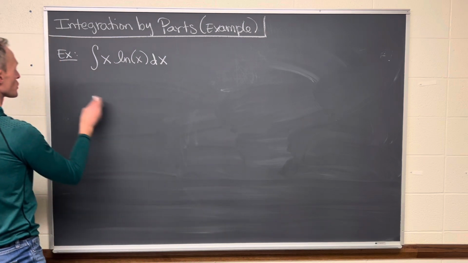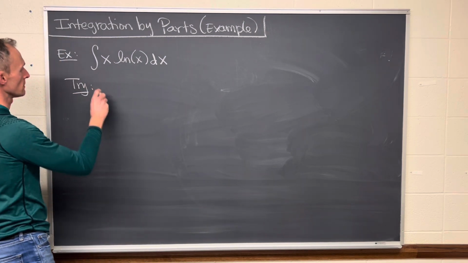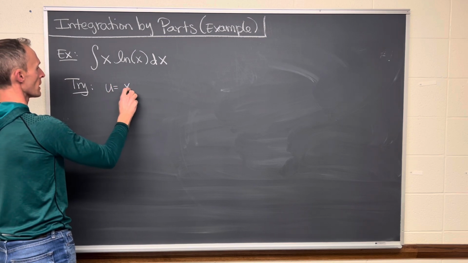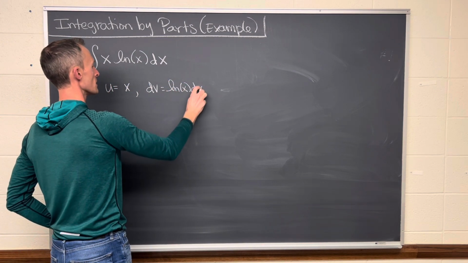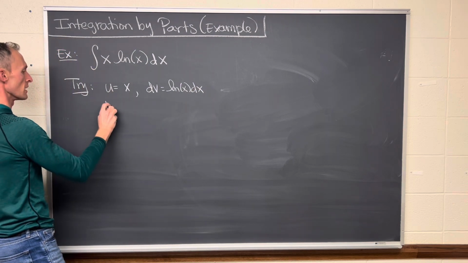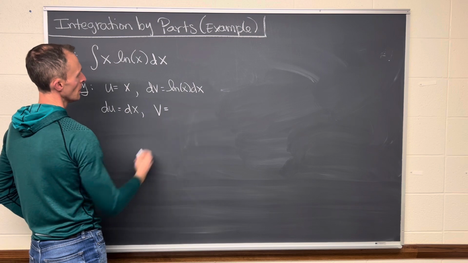So let's just try what our intuition would say. It would say, well, set U equal to X, and therefore dV equals the natural log of X dx. All right, so du is easy enough. Du is just dx, and then you're like, well, V is equal to,